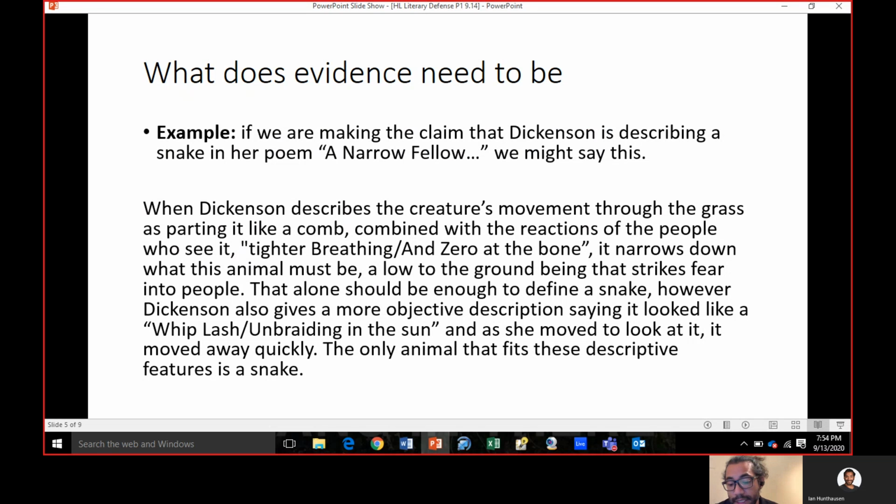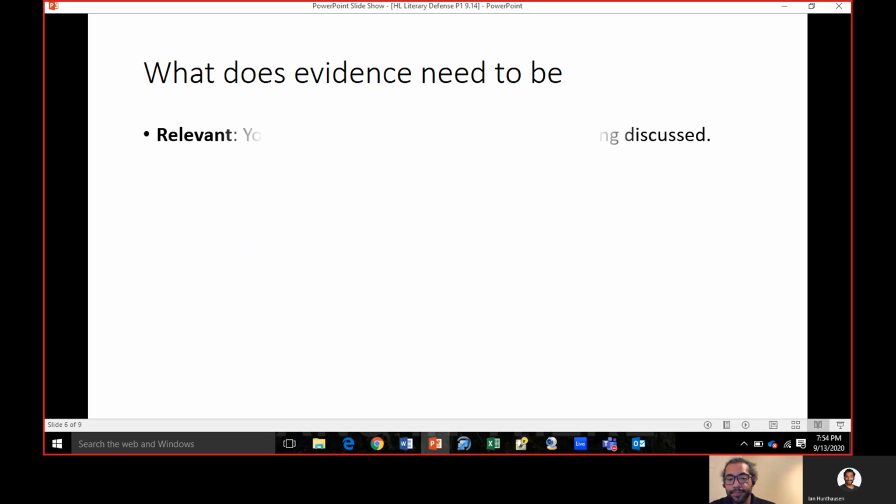All right, so it's reasonable. A reasonable person looks at this and says, "Oh yeah, that makes sense. I see why that could be a snake." Right? It's not super long. It's not repetitive. It's just here's a line from the poem, and here's why it supports the fact that it's a snake. So next thing, after being accurate, and don't worry, you're going to see that example again in your worksheet that you downloaded.